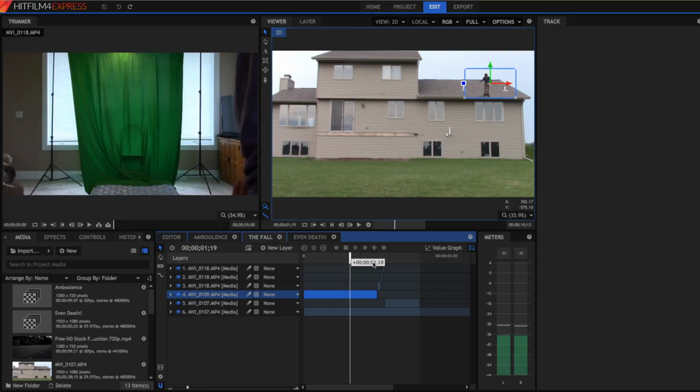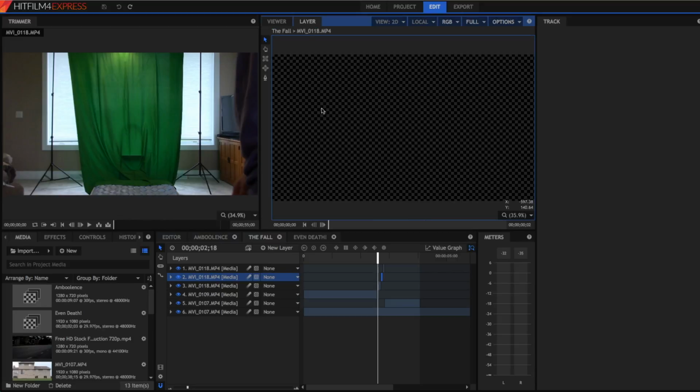So then right when I start falling, it transitions into the next shot, which is me again in front of a green screen,